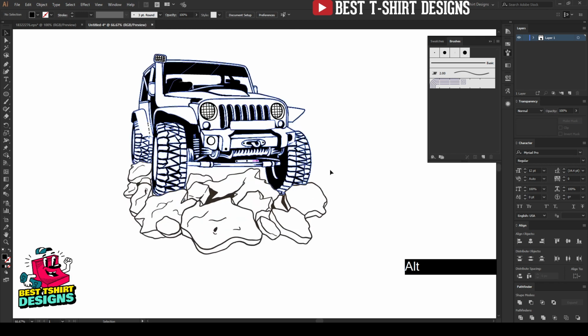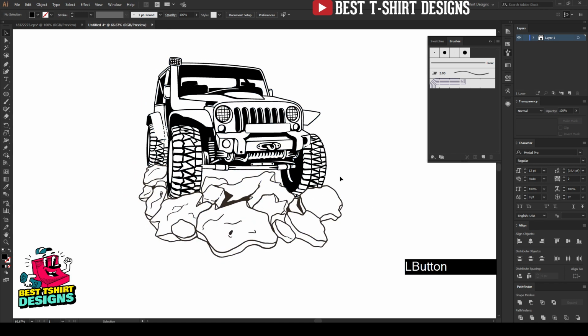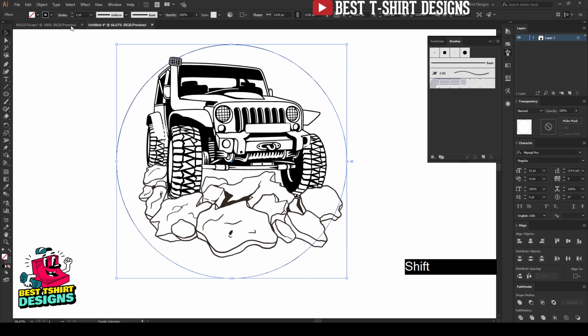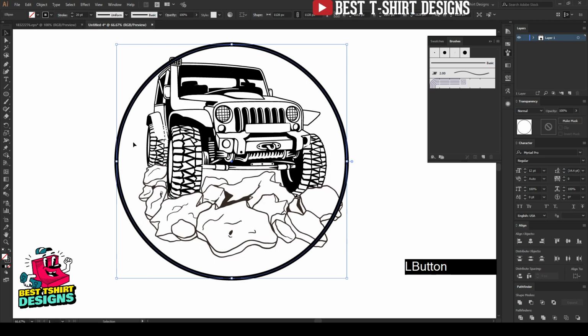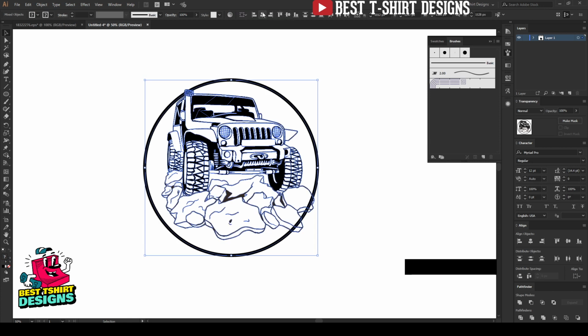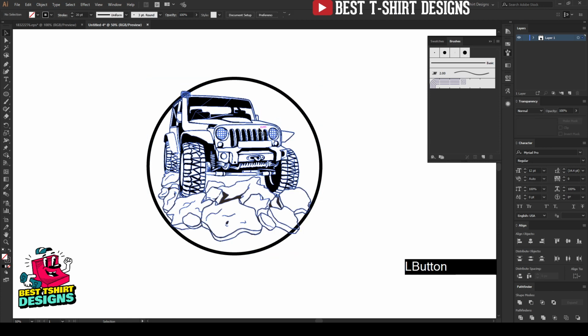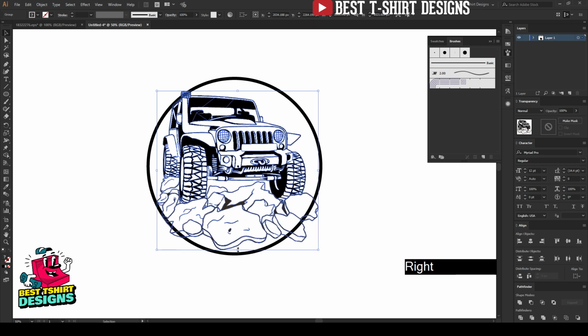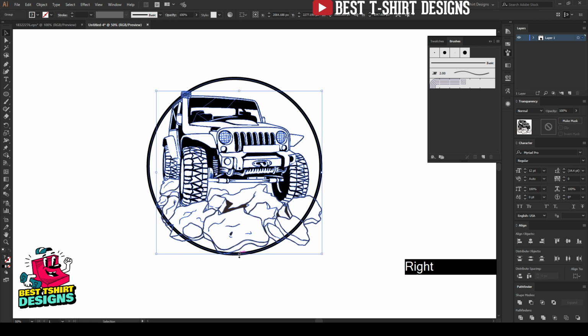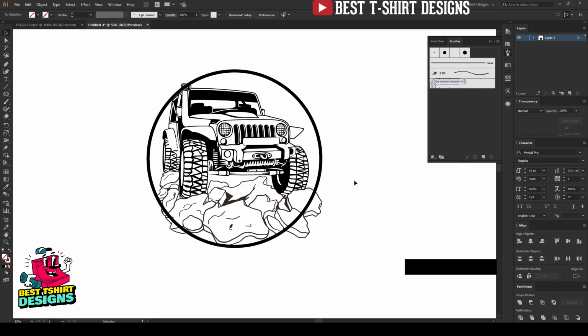And for a start, let's start the brush making process. I'm going to first of all take an ellipse here. This ellipse is going to be in stroke mode, of course, and it is going to be the same size, bigger than this graphic here. And then I also want to place my graphics a bit bigger in size, and in the center position maybe. So I will need to make a little adjustment here, just like this. As you can see, maybe this is the center position. So this is fine for me.